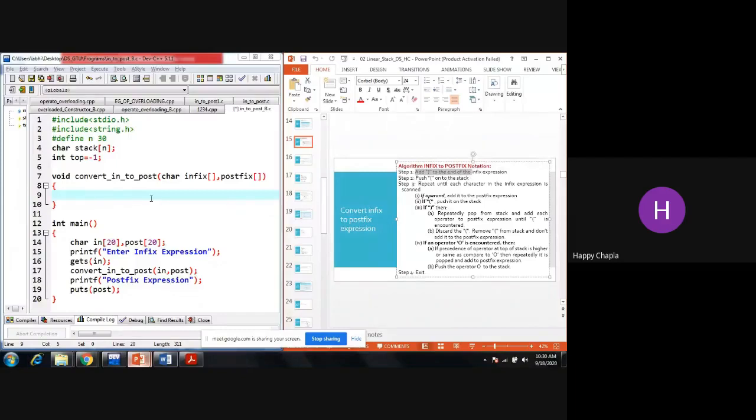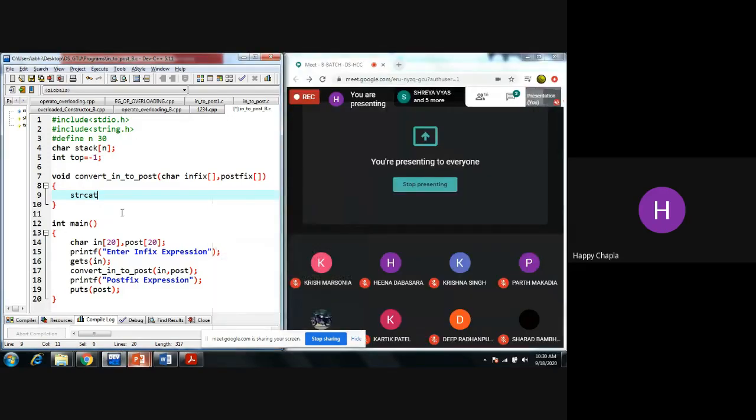So at the end of infix, that means I can use strcat, the string concatenation function, right? What it will do is concatenate two strings, right? So the first string is present in my infix array. Say for example, I have the string a plus b, so after this a plus b, I need to append this closing bracket.